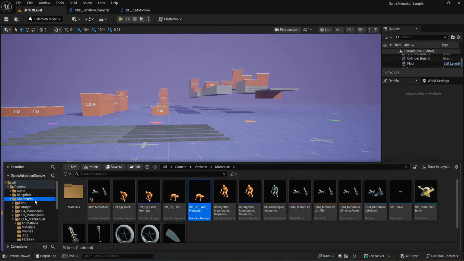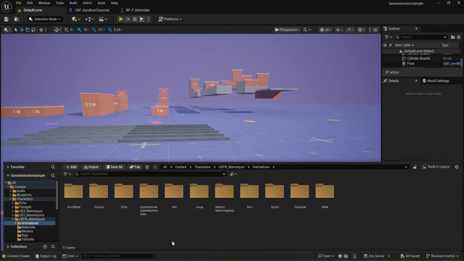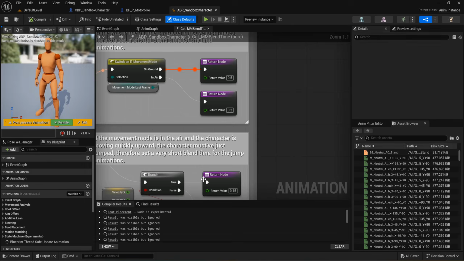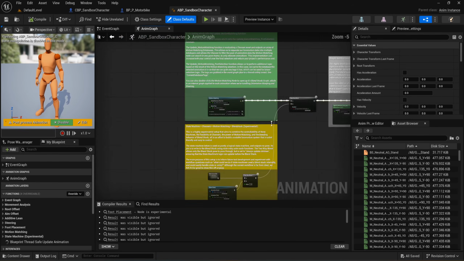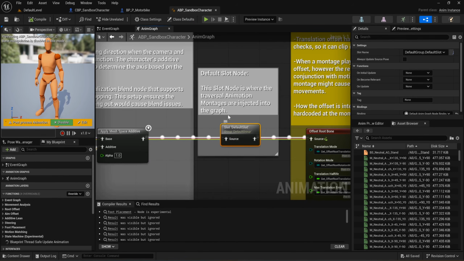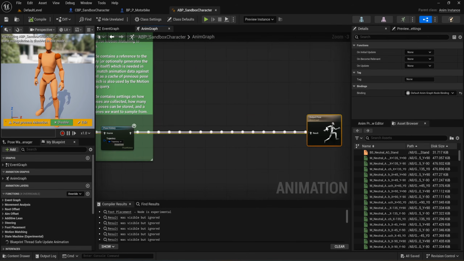Go to Character, UEFN Mannequin, Animation. Go to Blueprint, ABP Sandbox Character. To the anim graph. And we have this default slot to play the ragdoll. And after all of this, we need the blend